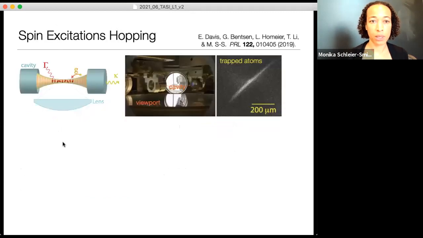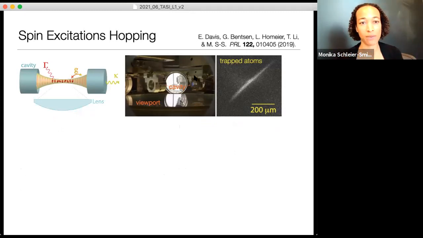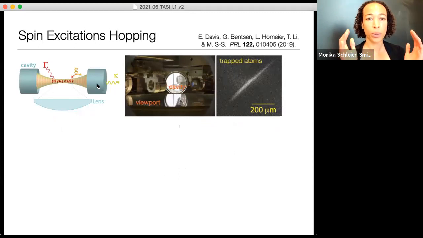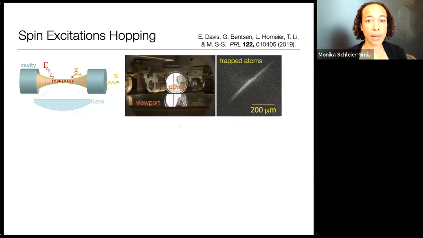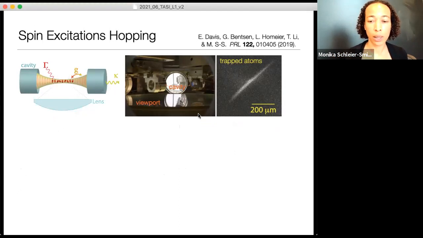Now, the setup where we do this, just to give you a picture, looks something like this. There's basically two mirrors 5 centimeters apart. There's a standing wave of light between these two mirrors in which the atoms are trapped. And so spatially, these atoms are pinned. And the dynamics will be going on just in their internal states. In the first experiments I'll show you, we just have a 0.5 millimeter long cloud of atoms. We're not looking at these atoms individually, but again, they're spatially pinned.